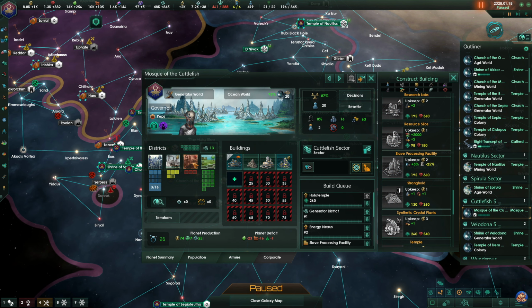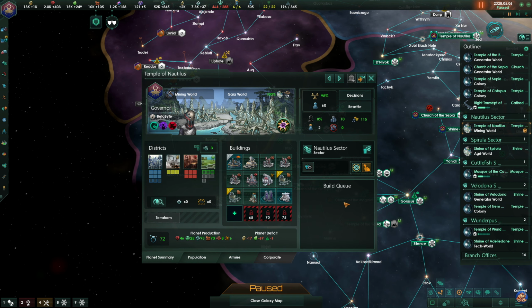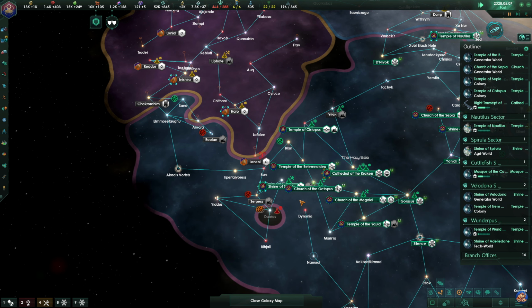Get rid of these so that I don't get confused by them, as I would be prone to do. Now this planet, I think we need more. What's the slave situation here? 6 Yazulians. Okay, let's get a slave